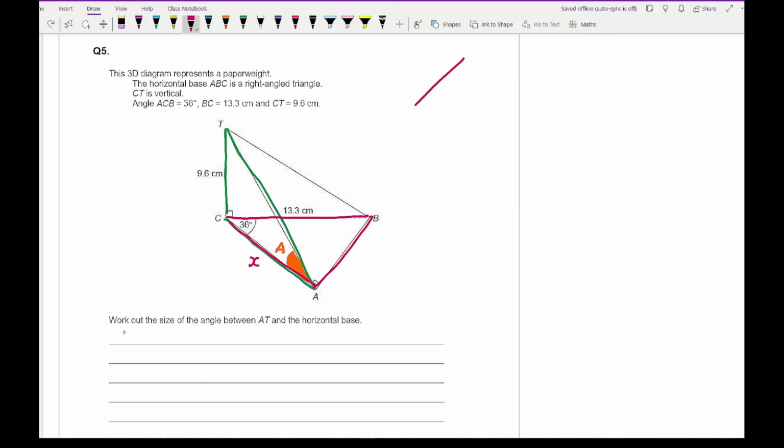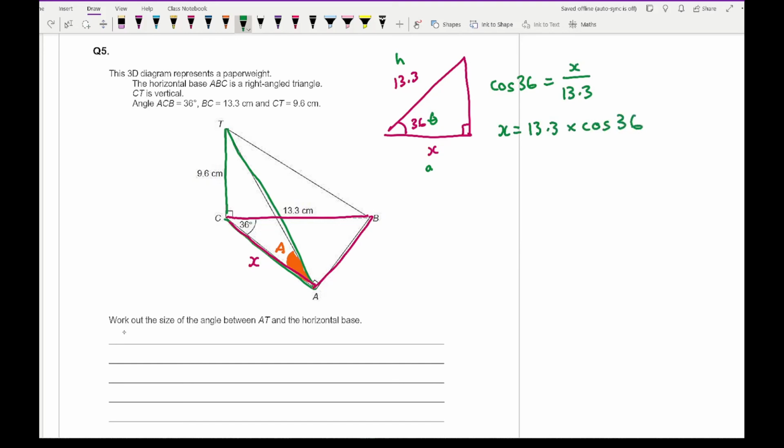If I draw that triangle out, just so it's a little bit clearer, this length here is 13.3, here is my right angle, and this angle here is 36 and this is side x. Then labelling the sides, this is going to be the hypotenuse, this is going to be the adjacent, and this is my theta, so I'm going to be using cos. So cos 36 equals x over 13.3, so x equals 13.3 multiplied by cos 36, and if I type that into my calculator, I get an answer of